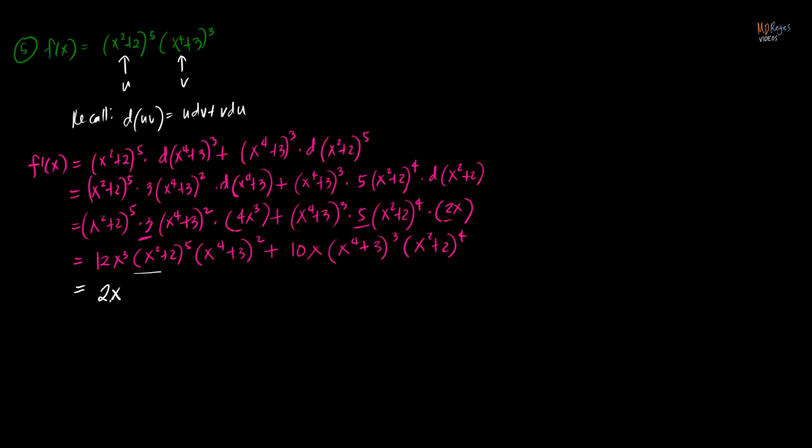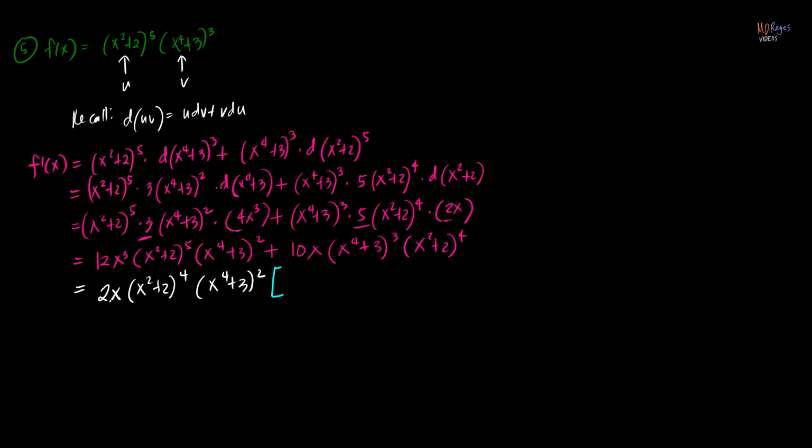And then for the next factor, x squared plus 2 to the fifth and x squared plus 2 to the fourth, the common factor is, of course, x squared plus 2 to the fourth. So factoring x squared plus 2 to the fourth. And for the factor x to the fourth plus 3 squared in the first term and x to the fourth plus 3 cubed, the common factor is x to the fourth plus 3 squared. So factor out x to the fourth plus 3 squared. This is our common factor. We have to factor this expression from both terms. Upon factoring from both terms, we will be left with,